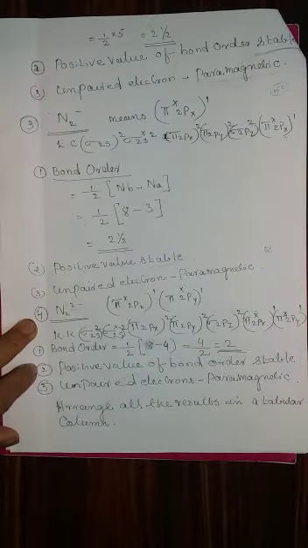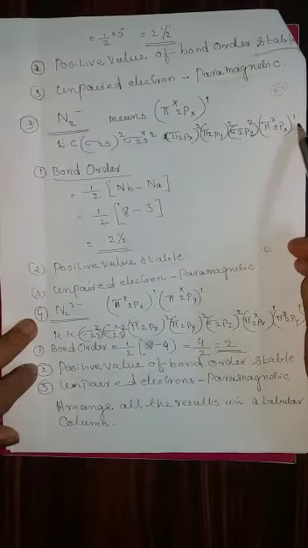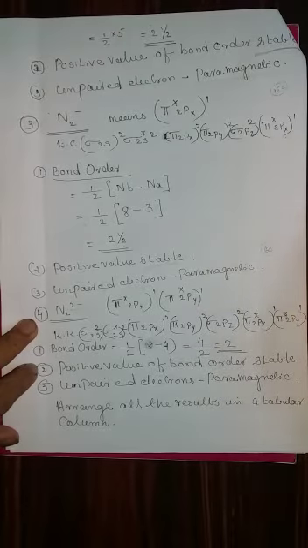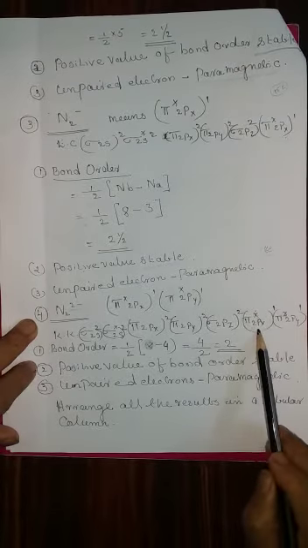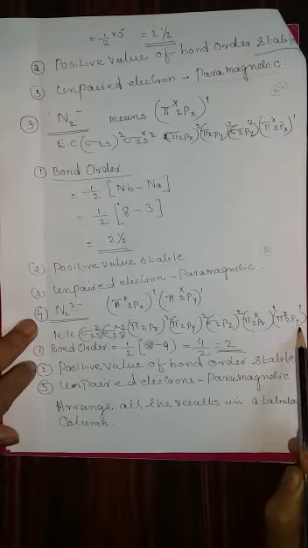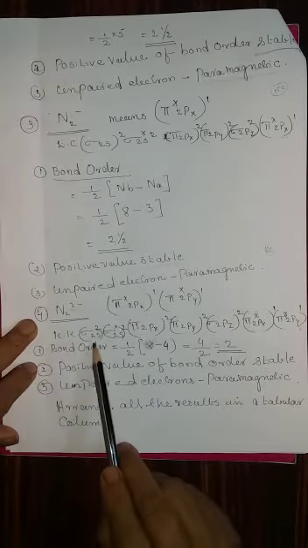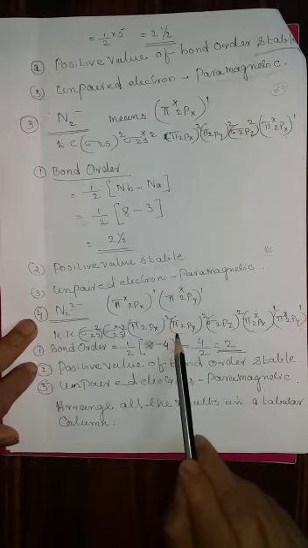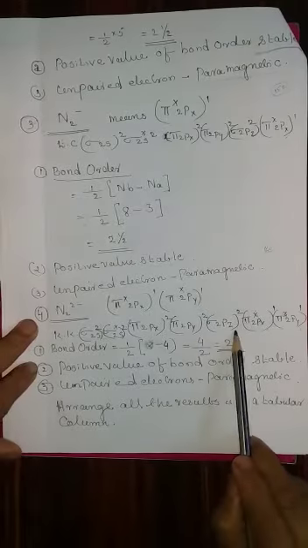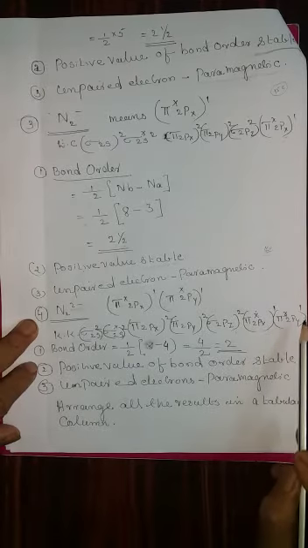Account for the 16 electrons. Therefore, the problem that comes is that pi star 2px and pi star 2py have the same energy. Therefore, don't put the 2 electrons in pi star 2px alone. You put one electron in pi star 2px and the other one in pi star 2py. Therefore, see the electronic configuration: KK closed, sigma 2s2, sigma star 2s2, pi 2px2, pi 2py2, sigma 2pz2, pi star 2px1, pi star 2py1.